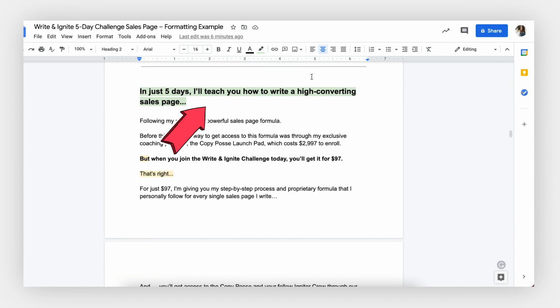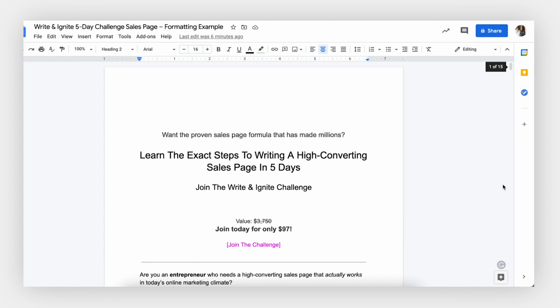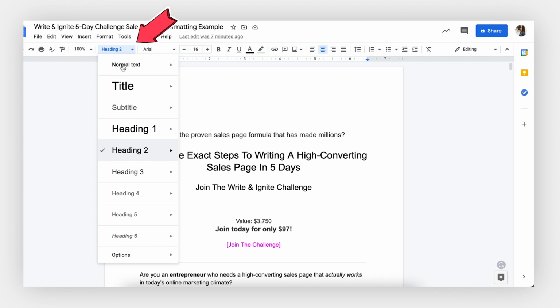So as I'm scrolling down the page here, you can see that these really stand out, capture attention, and keep you reading. Okay, so I know I just threw out a bunch of different font sizes at you guys, and I know that trying to remember all of those can be overwhelming, but if you're using Google Drive, there's actually a super simple and easy trick. They have something that's called a heading menu right here with plenty of options available for formatting headlines.